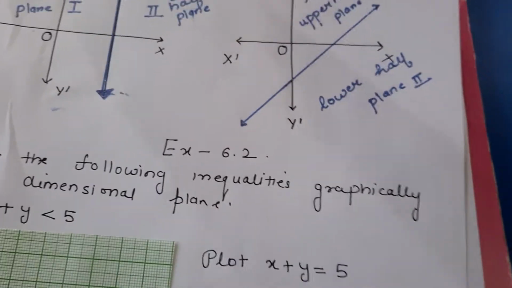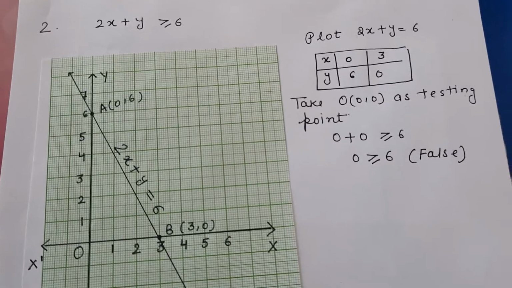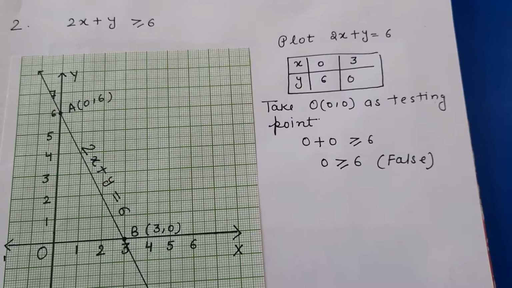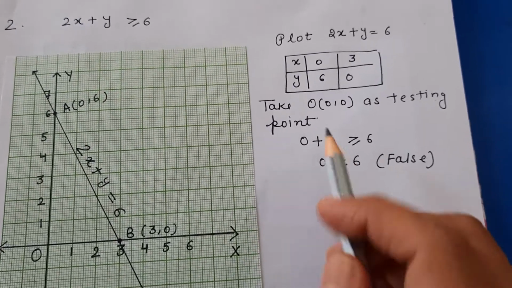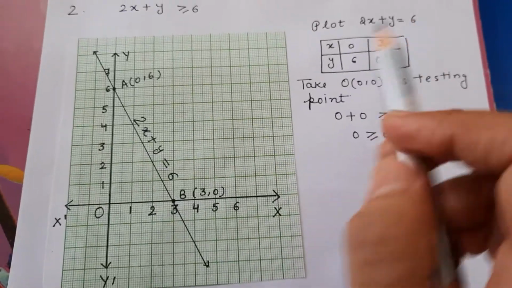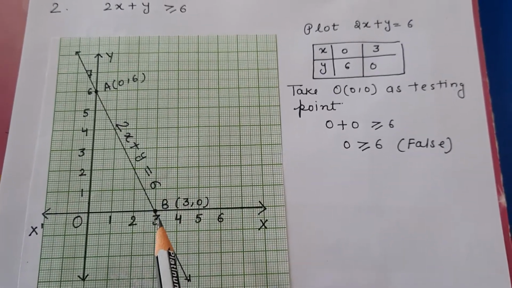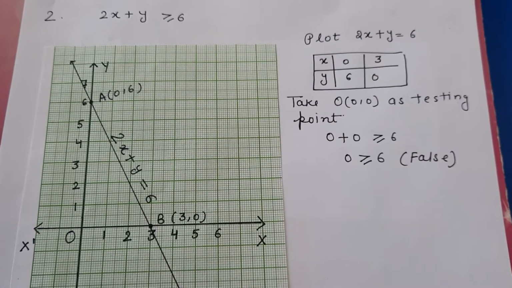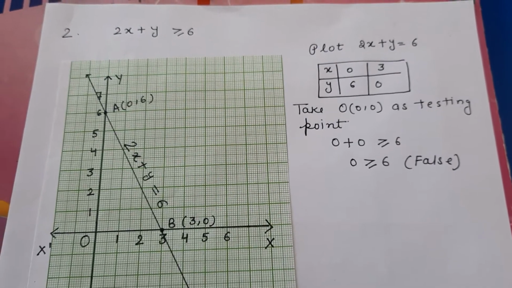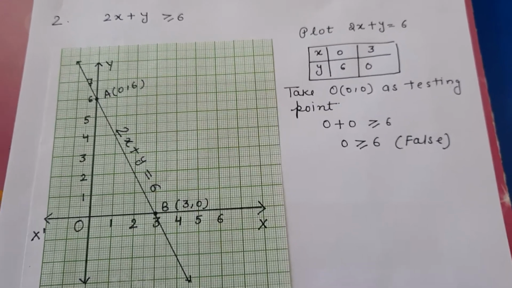Next question from the exercise 6.2 is, now solve this inequality graphically. So first we'll plot the line 2x plus y equal to 6. For plotting a line, we need 2 points. So I have taken x 0, y will be 6. If y 0, x is 3. Just look here, x 0, y 6, right? y 0, x is 3. If you look here, I have drawn a dark line here because this is a slack inequality. 2x plus y greater than or equal to 6 means this line plus one region, either upper the line or below the line, will be included.